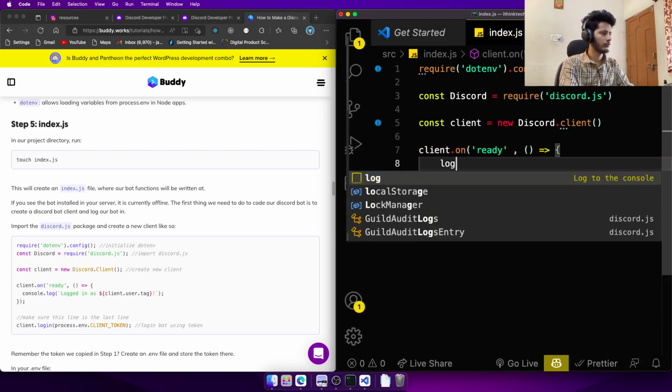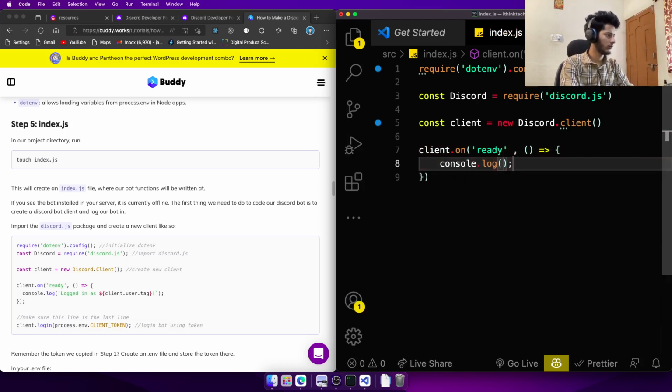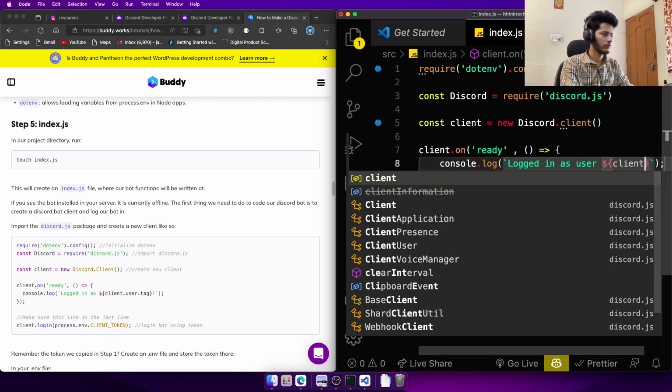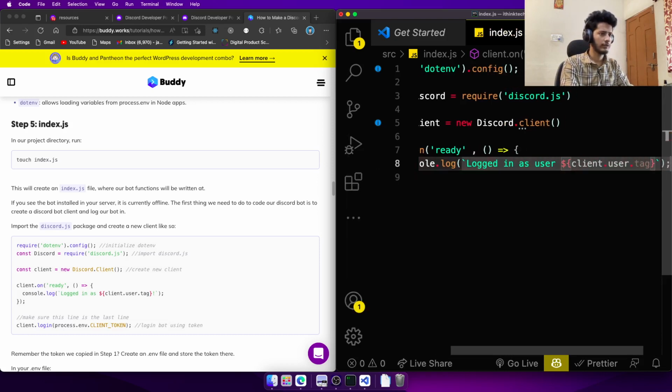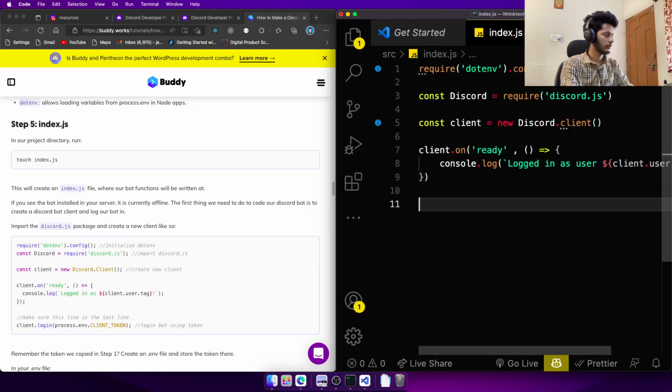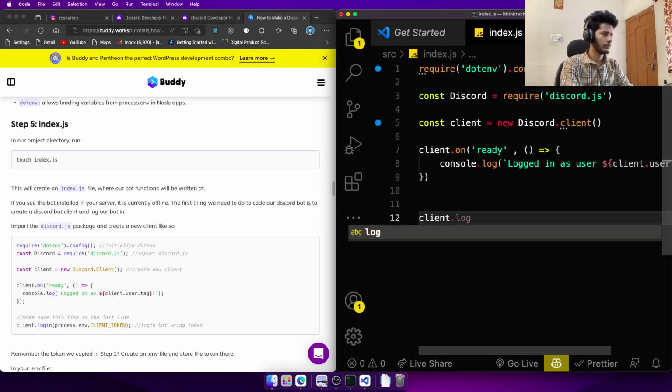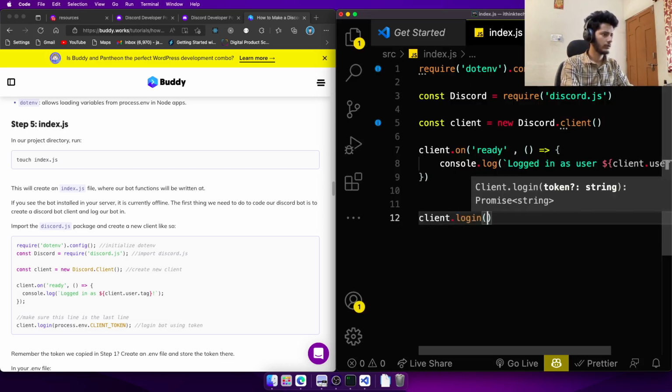What do you do? Console.log. Okay, this is cool. Logged in as user, client.user.tag, and then client.login,